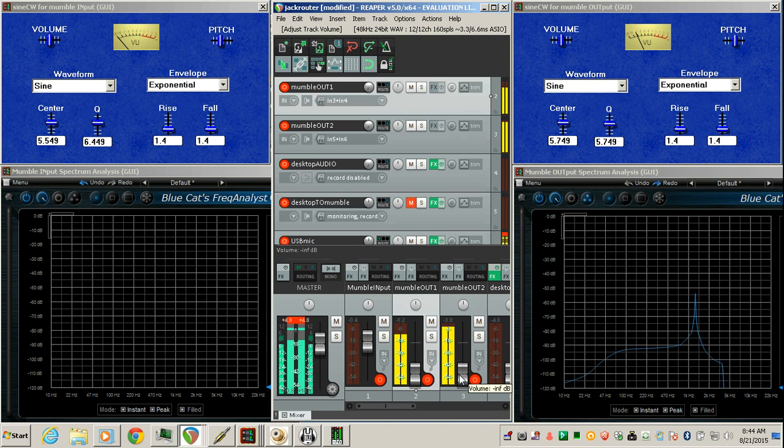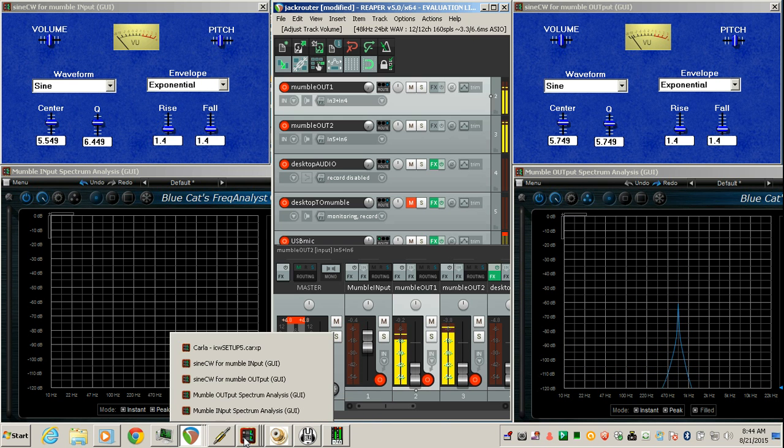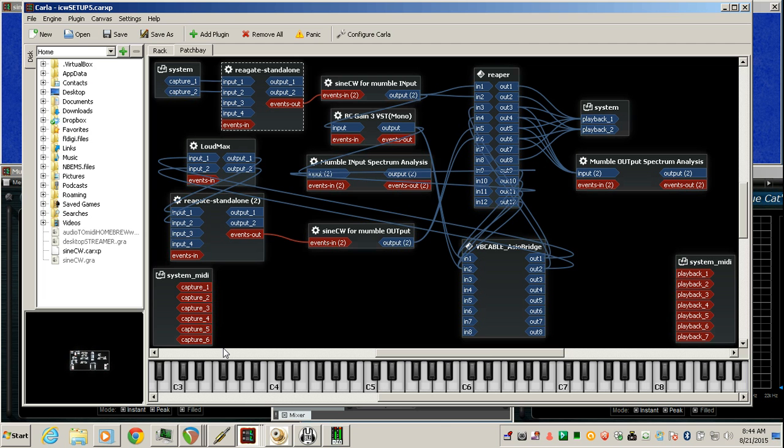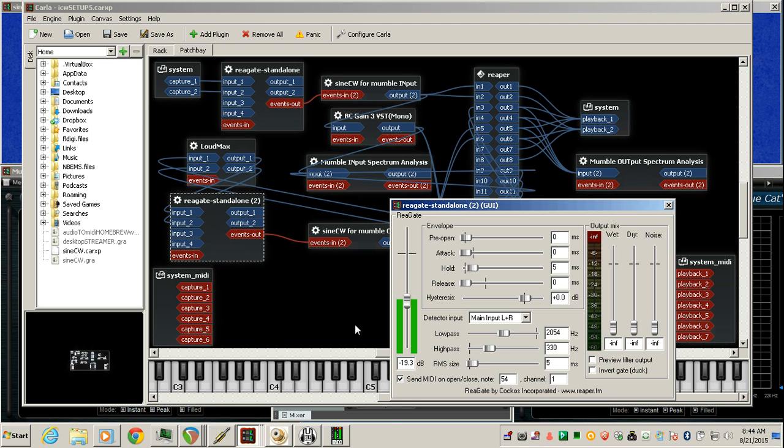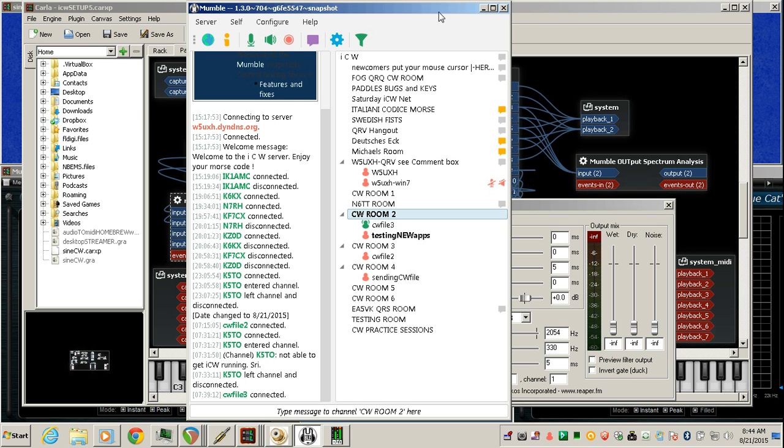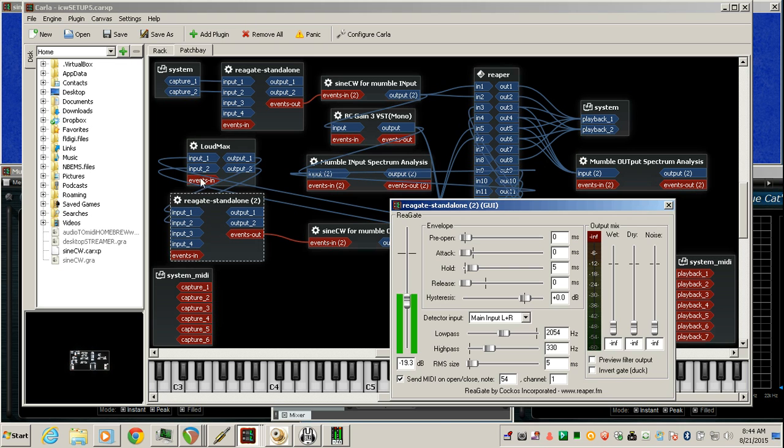Here's what it sounds like after we regenerate it. So anyway, if you set that right, and it's all about using regate here, no matter what channel we're in, because it has that AGC circuit just before it,